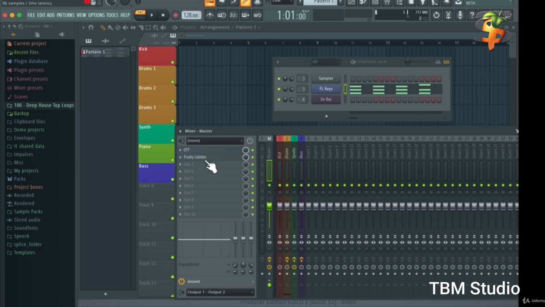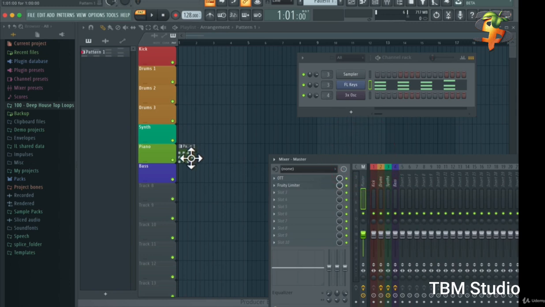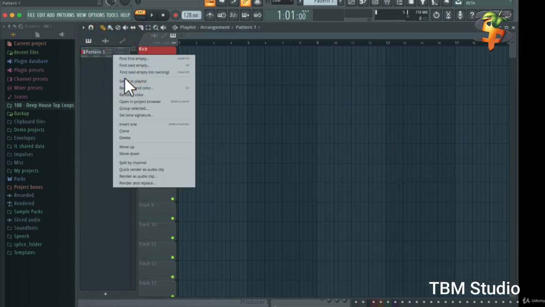And you have to make sure that the Fruity Limiter plugin is the last plugin in the plugin chain here for the master. And the limiter is, I think, the most important thing to have on your master, because that will limit the sound to 0 dB so it won't clip, even though you have volumes that are set very, very loud here. So what I would do now, I will actually delete this pattern 1 here,